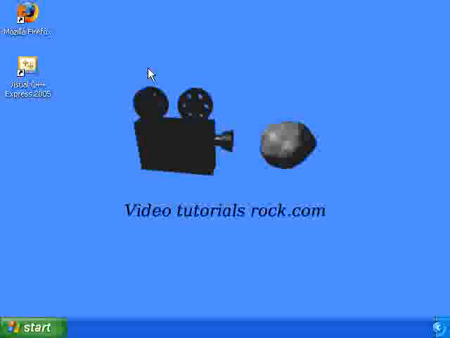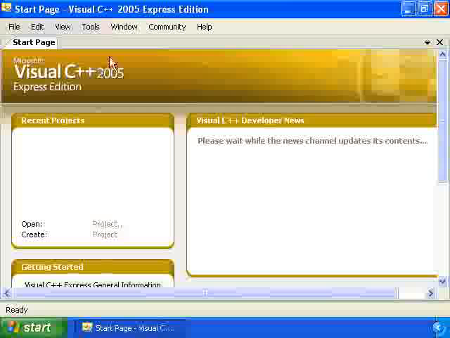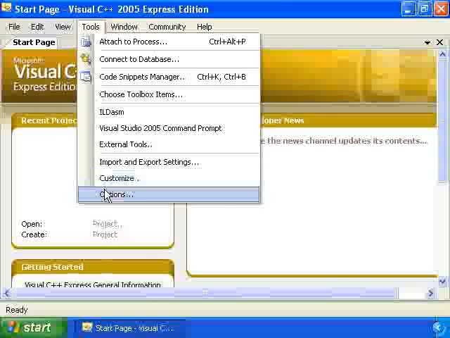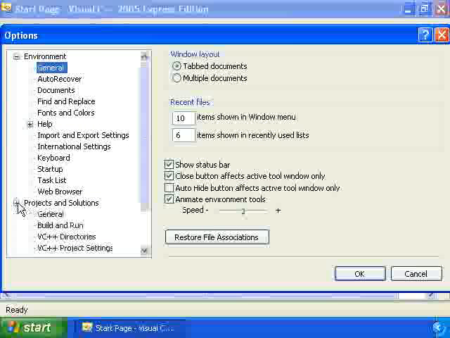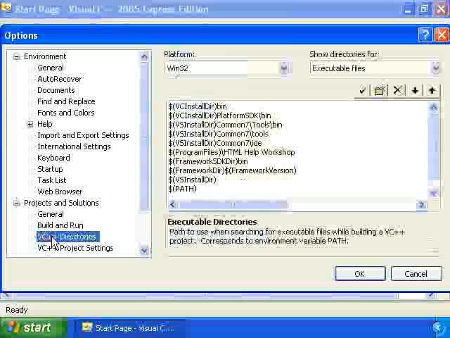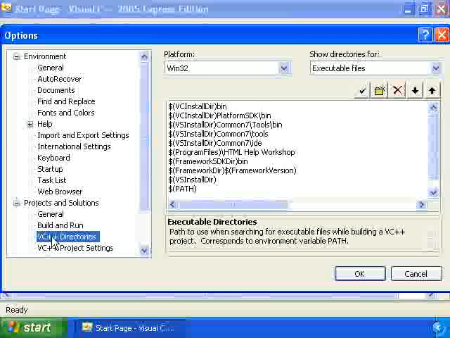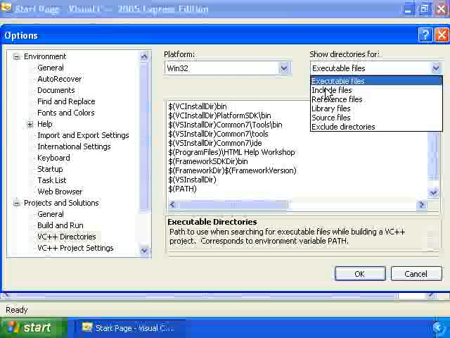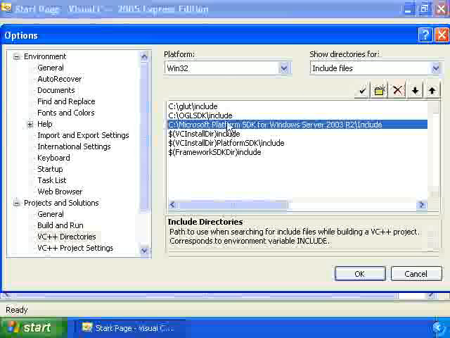Now, once you've done that, you'll want to get a couple of things set up in Visual C++ Express. So you'll go to Tools, Options, you'll go to Projects and Solutions, VC++ Directories. And you want to add a few directories in here to let Visual C++ know where you installed OpenGL, Glut, and the Platform SDK. So where it has the directories for include files, you're going to add 3 directories, which